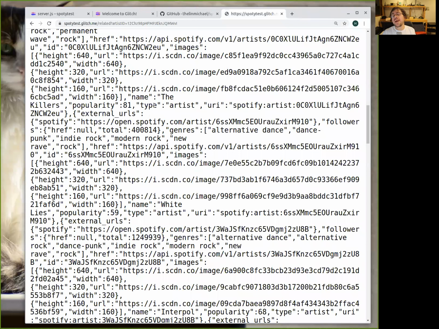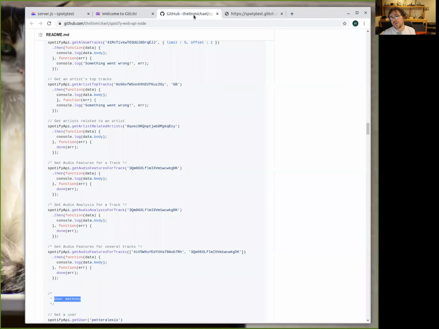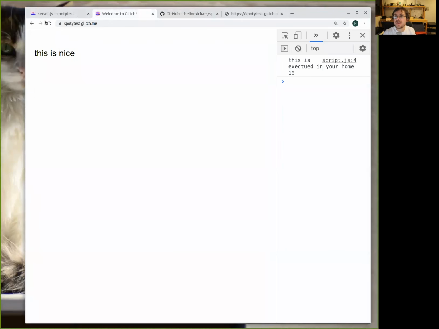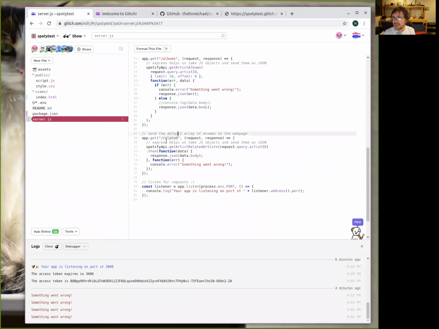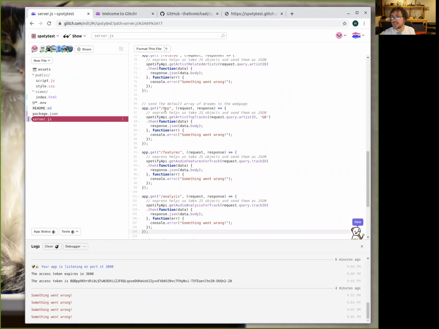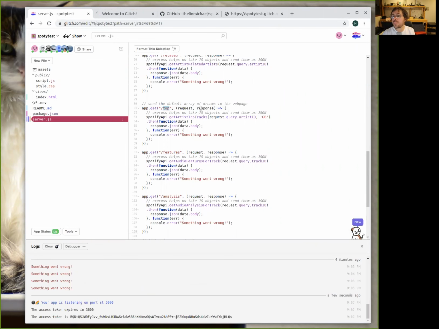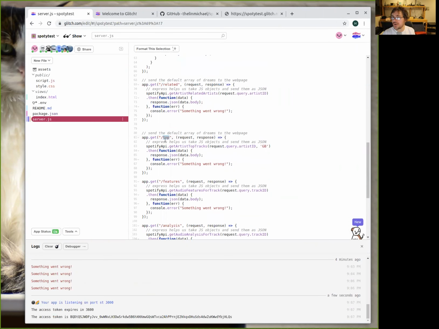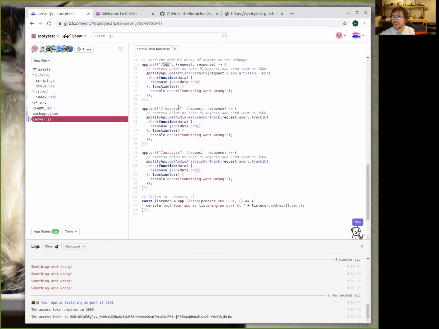Okay, now we have all these functions. I will copy these functions too, because I will copy another three functions that we have here. Pretty much the same idea. We have related, the top ones, which are the most popular songs of an artist, and the features of one song.